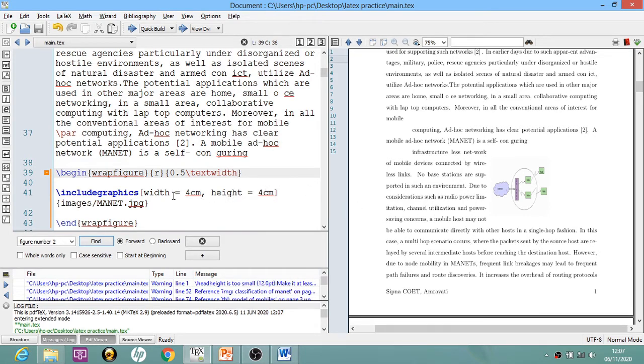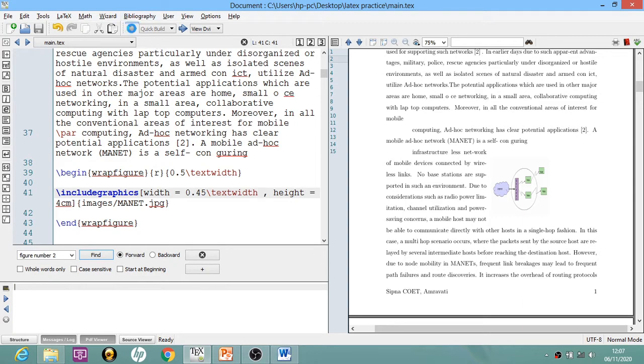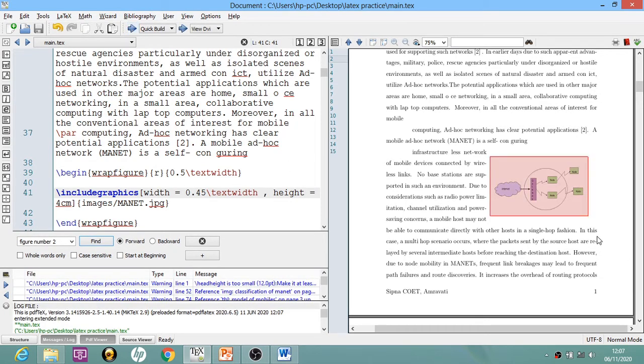Again you need to pass an appropriate width over here. So instead of 0.5, I will write 0.45 textwidth, and then I will again compile this. So you can see that the image now spans the appropriate width in that particular location.